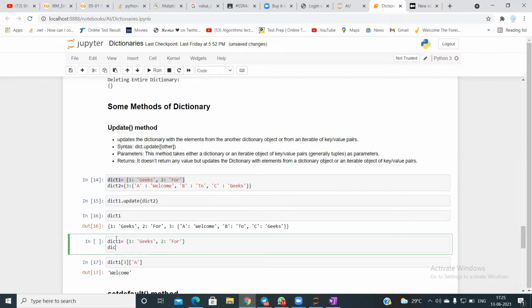It says that you need an iterable element. So let me pass tuple 1.